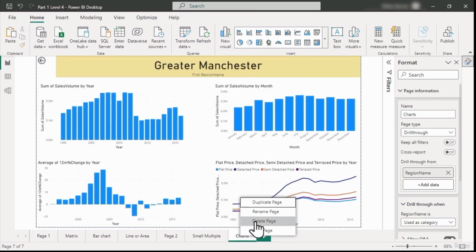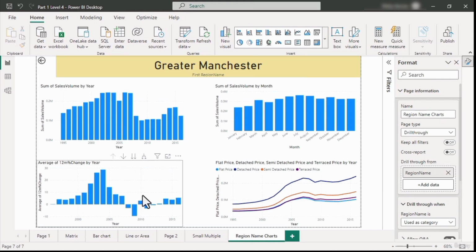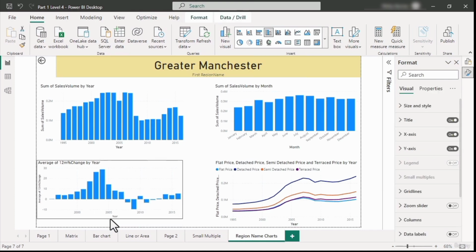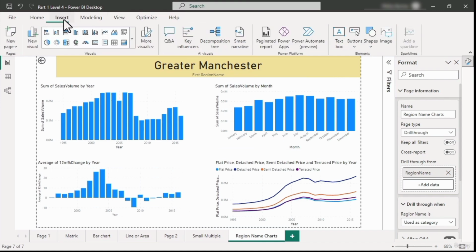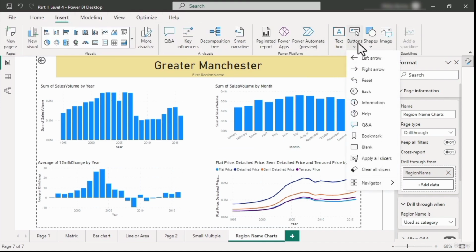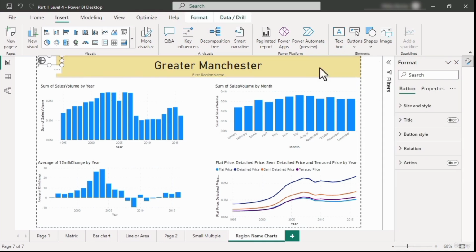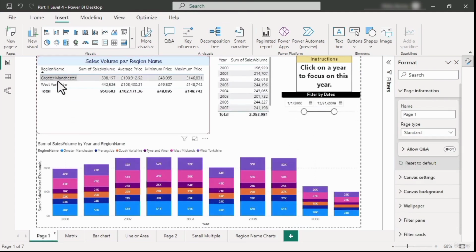But what if you wanted to make the option more explicit? Well, we can use buttons. Now, buttons, along with other things that we have previously inserted, can be used as little indicators on how to navigate. So if I click on the left arrow button, you can see we have a much thicker, more prominent left button here. So now, if I drill through,